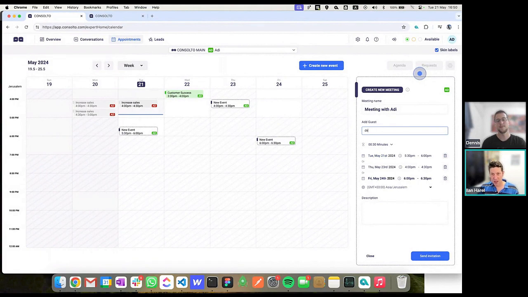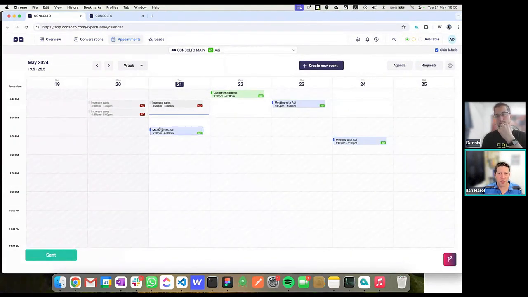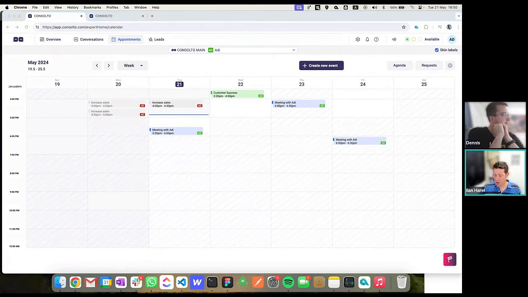And here I'm going to send this to Elon. I'm going to send this to myself. And I'm now in Adi's account, sending an invitation. And we will see in a moment that of these 3 options, Adi will need to select, or sorry, I will need to select only one of them, okay? I'll show you in a moment what the email looks like. Let me open my email with the meeting invitation.